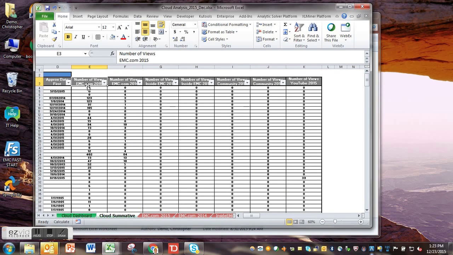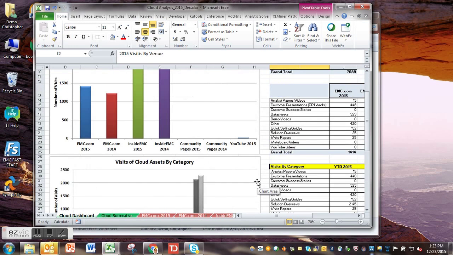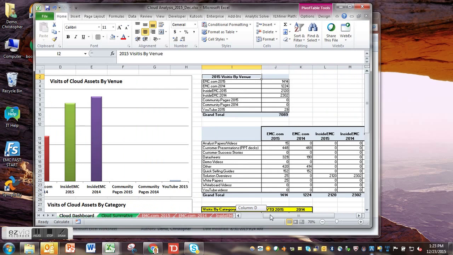How did it do in 2014? And you get that comparison then in the roll-up here available on the dashboard. So I think that's been super cool to see. I mean, right here, you can notice that even though we're only through November in 2015, the cloud team has over 200 more visits to their collateral that's on